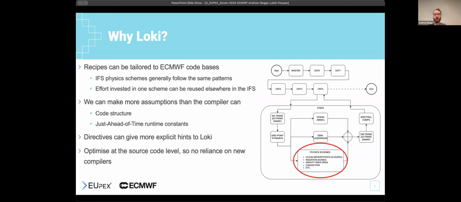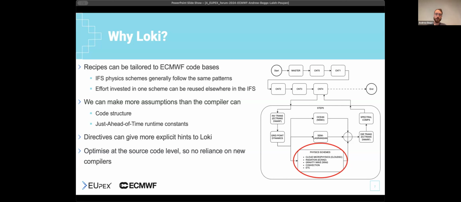And we also get some insights. Naturally, you want to design your code so that it's flexible. So for us, that means that we can run over different grid sizes. We can use different blocking factors. These are variables that we have in the code, but they're known variables. So we know them just ahead of time. It may not be known at compile time necessarily for all cases, but we know that if we're going to run a forecast, we're going to have a 9 kilometer grid, and that's fixed, for instance.